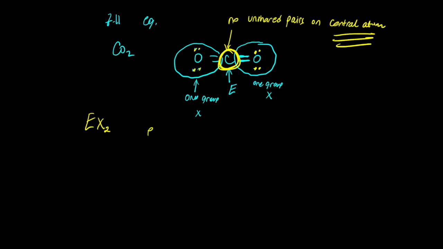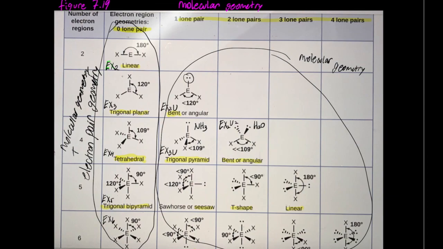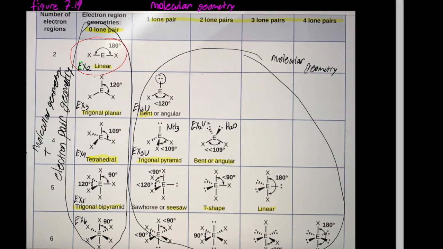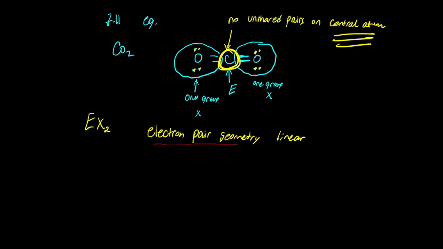So the electron pair geometry is linear. We're basically looking at this table, and let me use red here. And then there are no lone pairs, so the molecular geometry is the electron pair geometry. So that's the electron pair geometry, which is called linear, and that's also the molecular geometry. The next one we have is